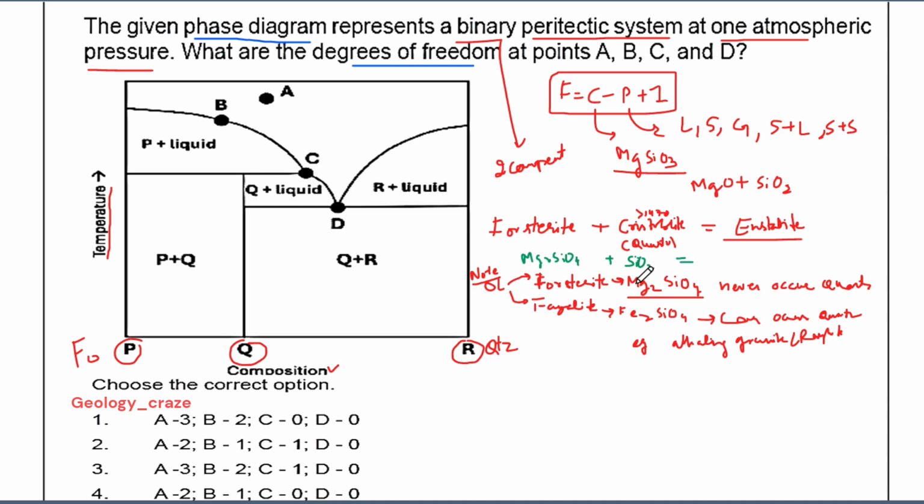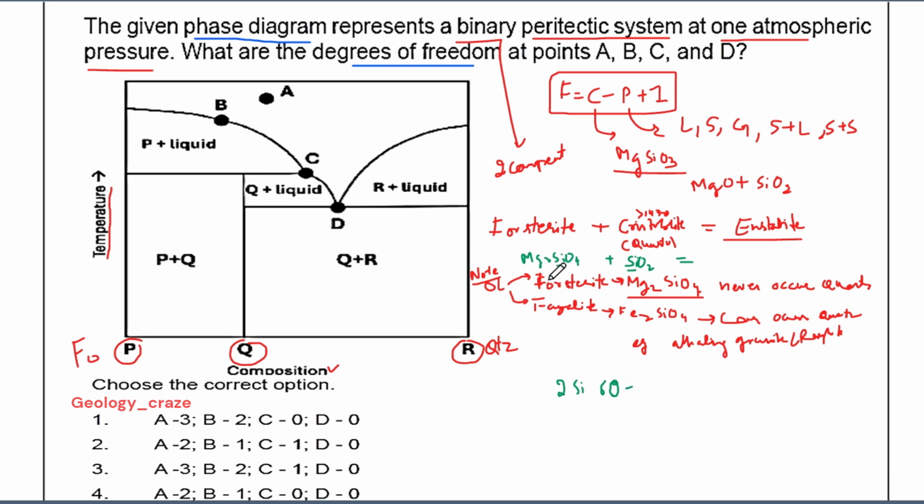Okay, how many Si now? This is one Si, this is two Si. So about two Si, we need two Si. Okay, how many oxygen? 4 plus 2, 6. We are getting 2 Si. Okay, we are getting 6 oxygen and